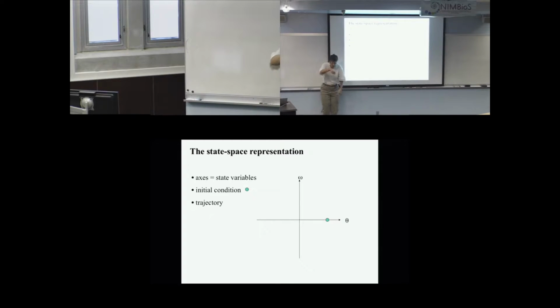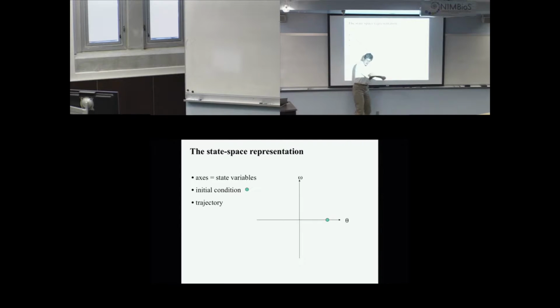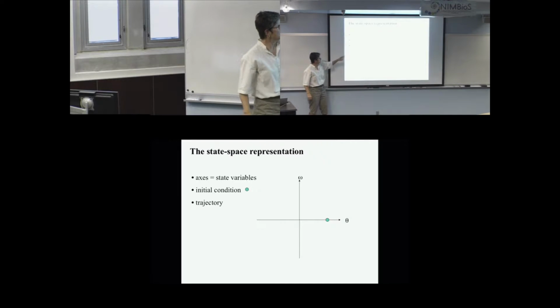And you can watch the thing wiggling, or you could imagine plotting the angle of the top joint as a function of time and the angle of the bottom joint as a function of time. Or you can plot in the state space where you would be plotting the angle versus the angular velocity versus the other angle and the other angular velocity. And as the device moves from some initial condition where I started it in that video, right there maybe, it would follow some sort of curve through that space. Okay, so that's an initial condition where you started it, and there's some sort of a trajectory through state space.